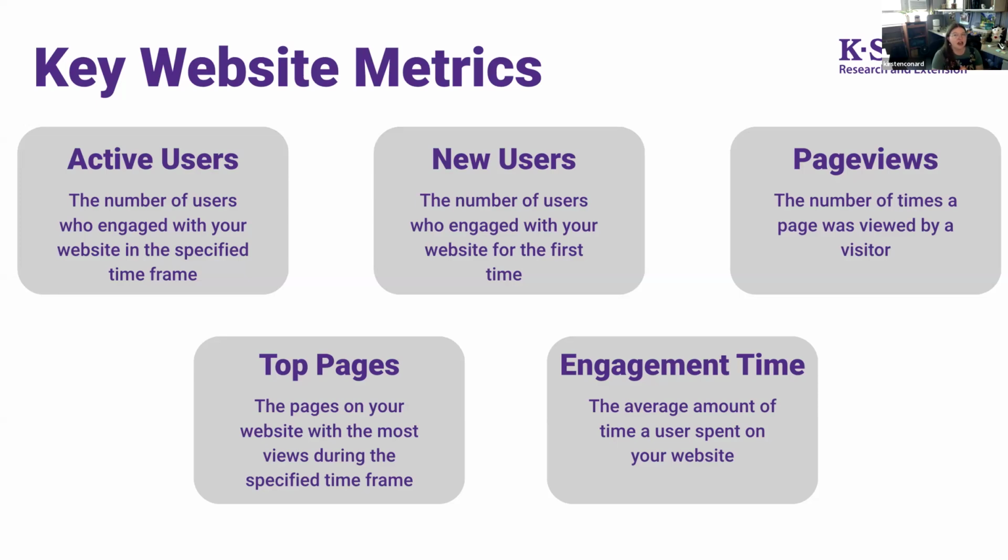And this is like the total number of people. They could have been returning users, they could be new users, but this is everyone who's visited your website in that time. New users are people who have visited your website during this time frame, and it was the very first time that they ever came to your website. So I think that's an important one as well. Page views is the number of times a page was viewed by a visitor. So you can look at this as a whole and see the number of page views that you have for your entire website. You can also look at page views for individual pages if you want to check out how something is performing.